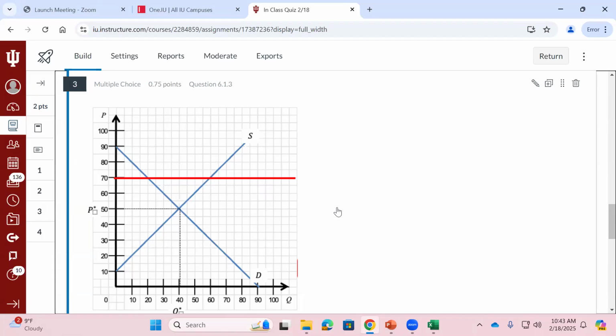If I have a price floor and I set it up here, well, what prices am I no longer allowing? Anything down here. Well, that was my old equilibrium price, so it's going to be effective. That's another way of thinking visually about effective price floors and price ceilings. But if we, instead of having an ineffective price floor,